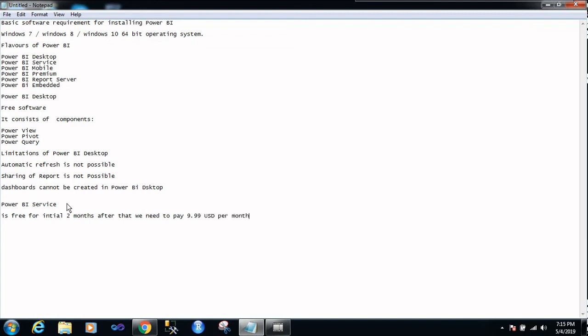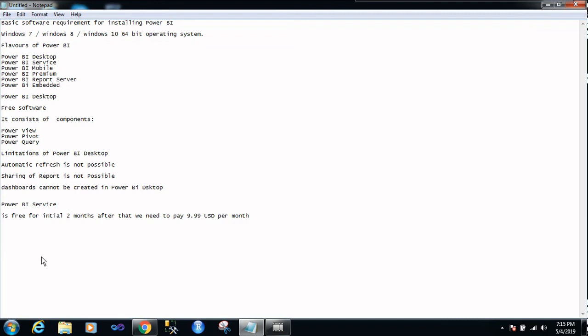So I think it is clear that for the initial period you can assume Power BI is free for 2 months, and after that we need to pay $9.99 per month.